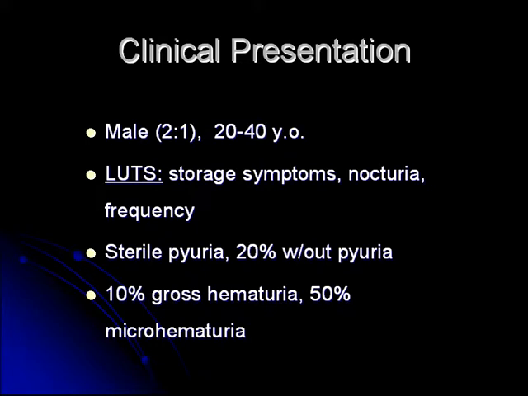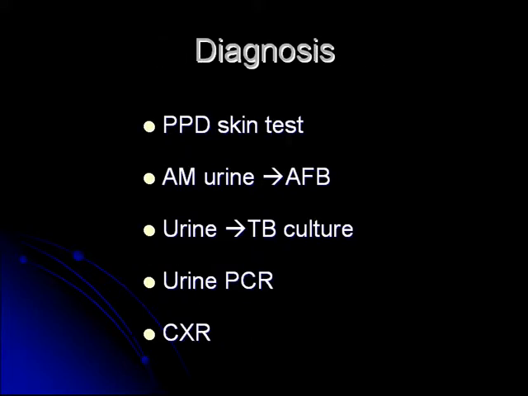Sterile pyuria is the classic finding on urinalysis. It's always on the exam. Acidic urine? Okay. Gross hematuria can also be a feature of presentation. To make the diagnosis, it's not that complicated. The PPD test is something I'm going to talk about in a second. This is a test that demonstrates that you've been exposed to tuberculosis, and there are different ways of measuring and grading this based on who you're testing.